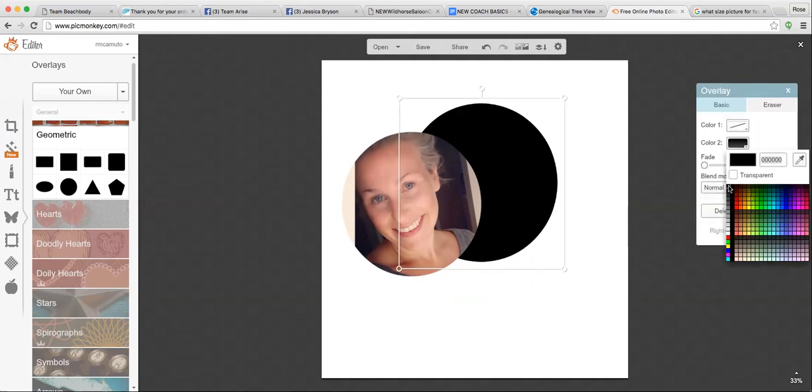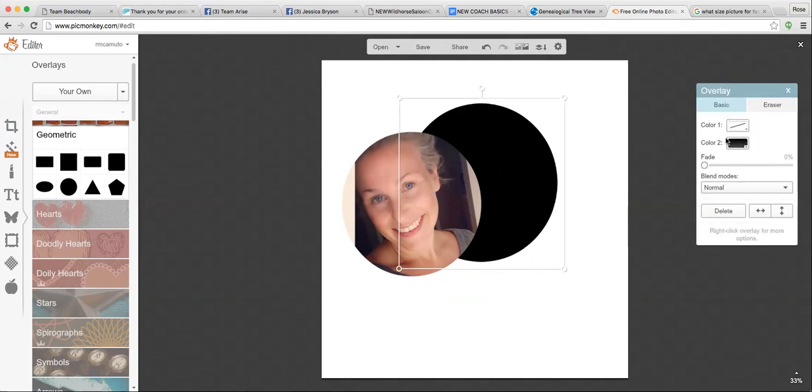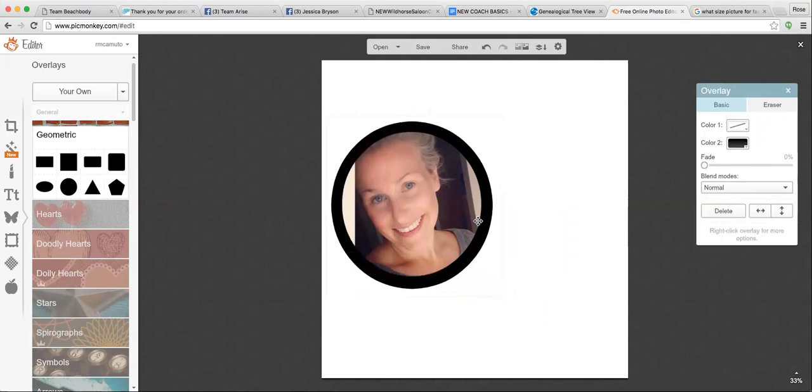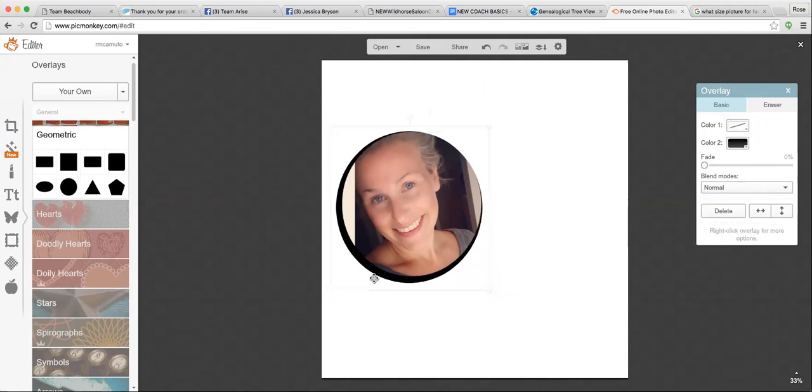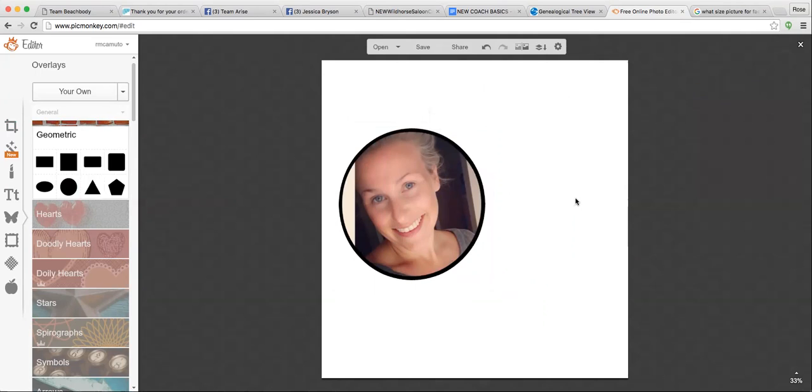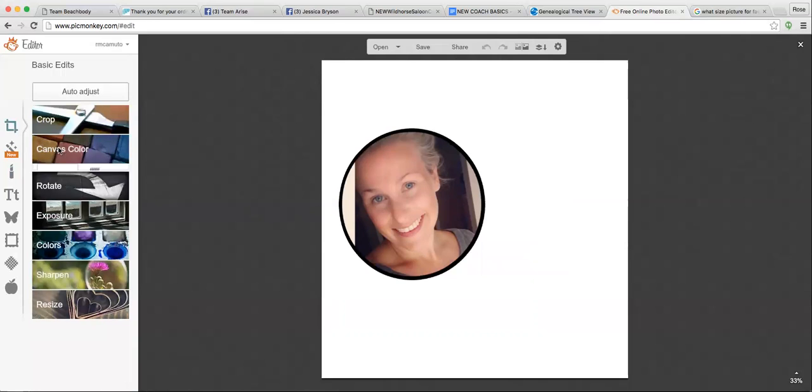I like black, so I'm going to stick with black, but you can always make it whatever color you want. And I just make it a little bit bigger than the picture that I have. I think that looks too chunky, so I'll make it a little bit smaller. So you just kind of have to mess around a little bit. So there, I have Jessica's picture with a nice outlined circle in the back. So from here, of course, if you go to the top, you can choose the canvas